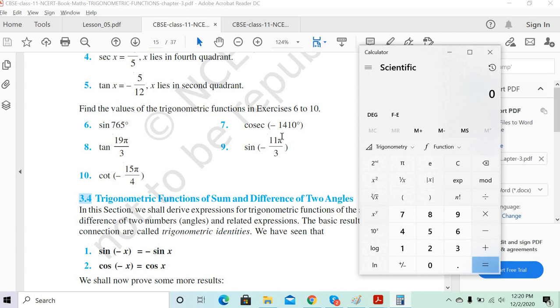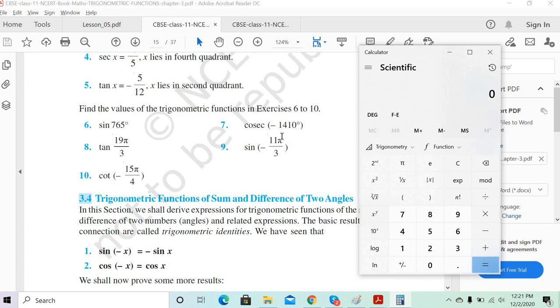Are you getting it? So we can't take it as 7 pi, right? No, you can take that 7 pi. There is no harm in taking 7 pi. I'll tell you the reason. 7 pi you take it, and 150 you can write as pi minus 30. So 7 pi plus pi becomes 8 pi minus 30 degree, so it is negative of 8 pi minus 30. Clear, no? Yes, sir. Then finally it's in the first quadrant and then it has to be positive. Clear? Yes.